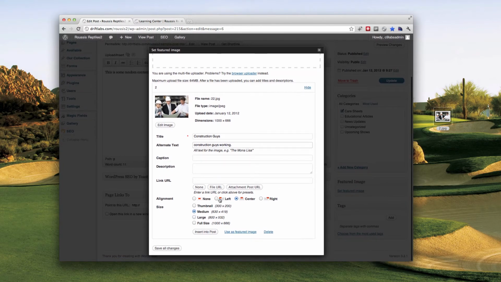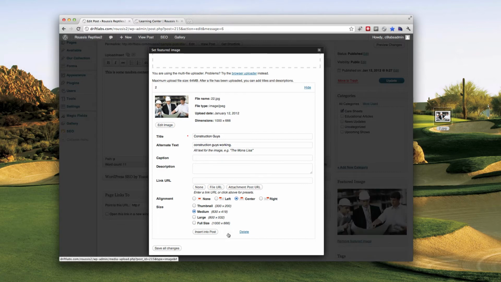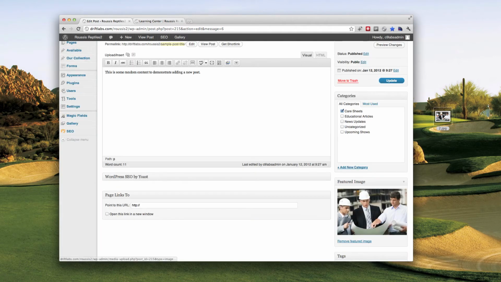The alignment, I can either say left, center, or right, but this is going to be a featured image, so this portion doesn't really matter. We're simply going to hit Use as Featured Image, and you'll see it say Saving and Done, and then we can either click on the X to close, or just click off in the overlay area. Now we'll see our featured image selected here, and when we hit Update,